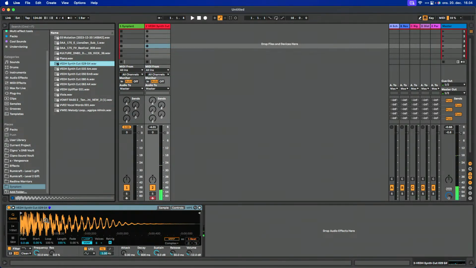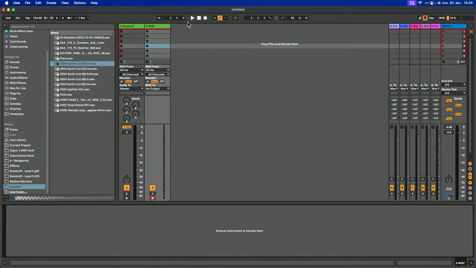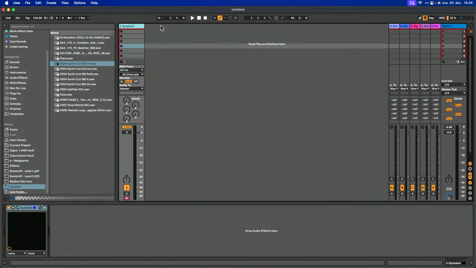But if I play a higher pitched note, it will be faster, because that's what happens when you play a sample. It just shortens the sound and plays it faster the higher the pitch goes, and it doesn't sound right. So if we go back to Synplant